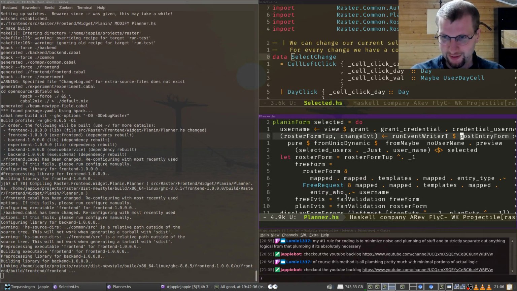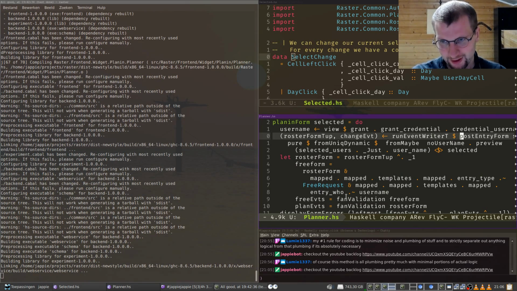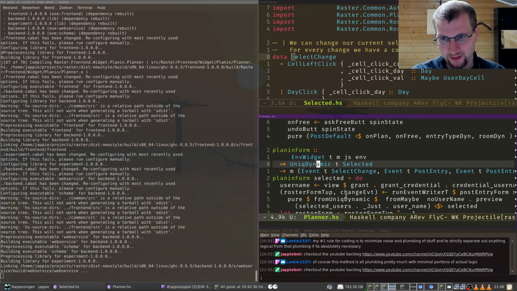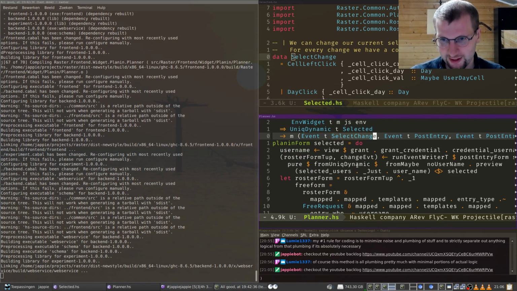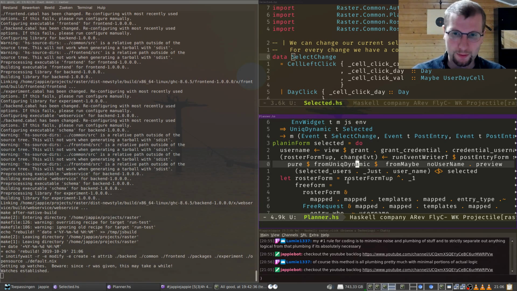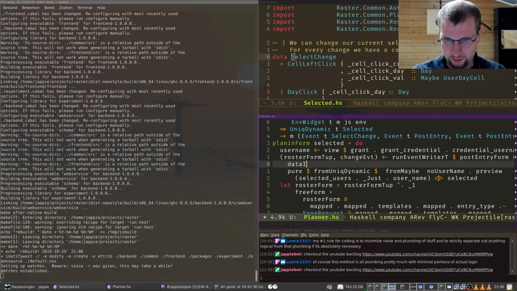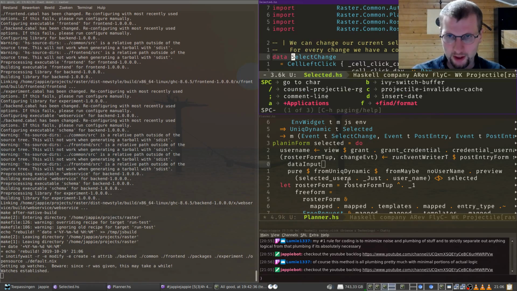I love that this works. I get the point of the polymorphic monad now, because this monad can write that event out without the entire widget. This entire widget doesn't even know that event exists, like change. We can still tell about it. So we'll do a data input. Data input. And then